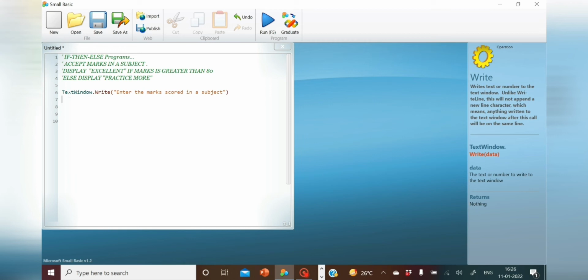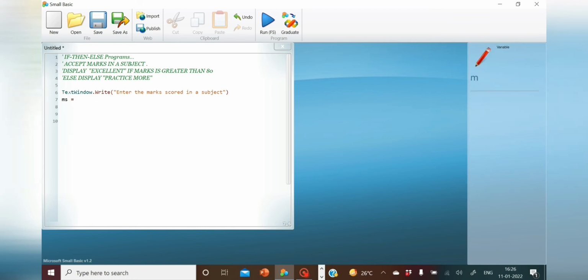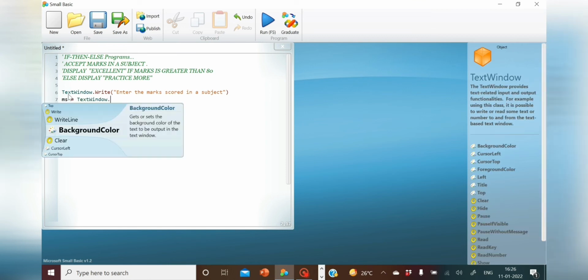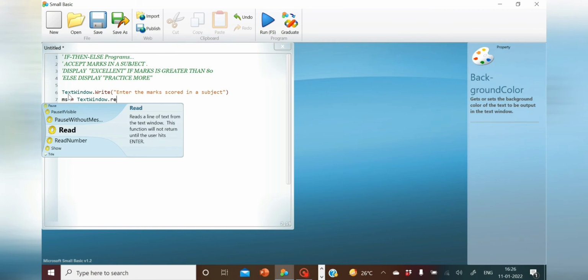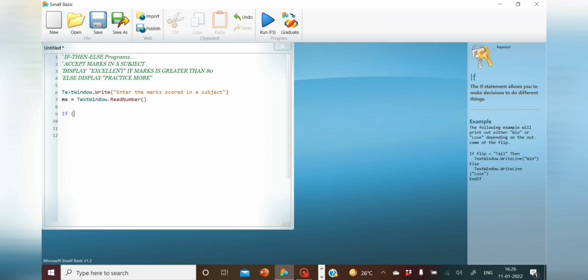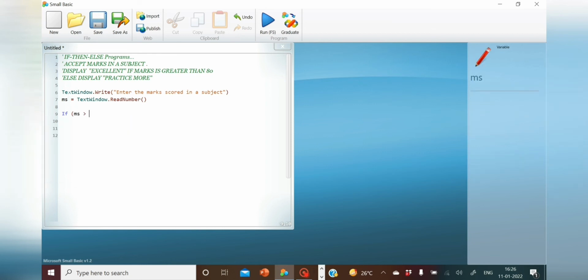Now I will store the marks in a variable. So I can write M or S, whatever, or suppose I'm taking MS equal to TextWindow.ReadNumber. Then I will give the conditional statement over here. If, within bracket, MS greater than 80, assuming that you know the syntax,